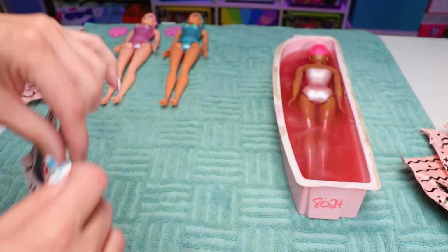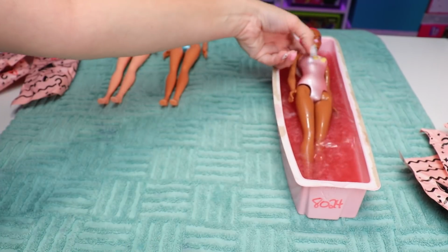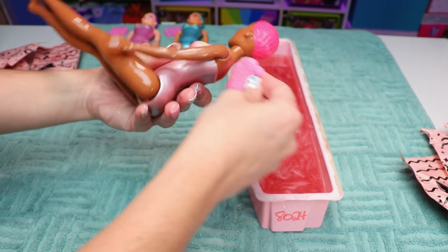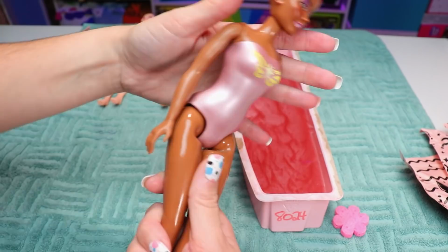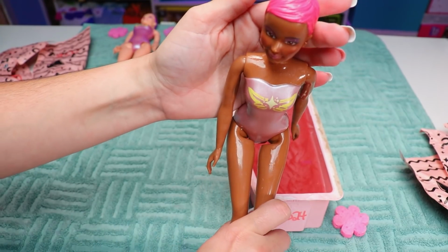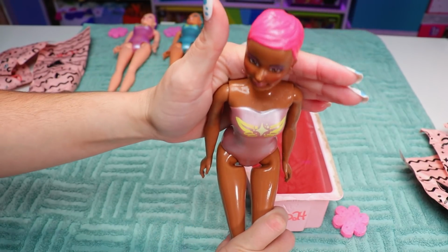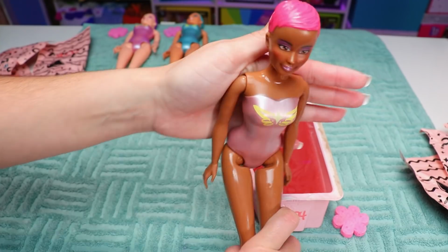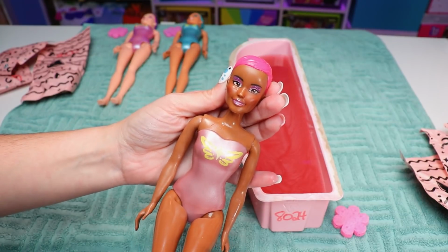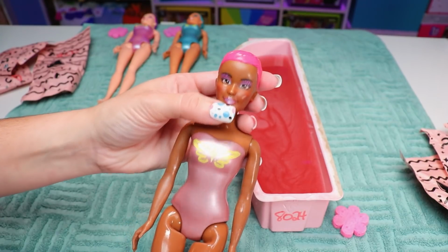And we'll clean up the last doll, also known as 8024. What a beautiful name. And she's the pink one. And you know what? To be honest, she's pretty much done. There's nothing left on her. It doesn't look like it anyway. Between the water and the metallic finish on these, they're super reflective. I'm so sorry. So she's got a brown skin complexion and comes wearing a pearlescent pink bodysuit with a yellow diamond star and wings across the chest. Hold on, maybe I can block the light. Can you see? She's got brown eyes with pink makeup and glitter, blushing on her cheeks, pearlescent purple lipstick, and